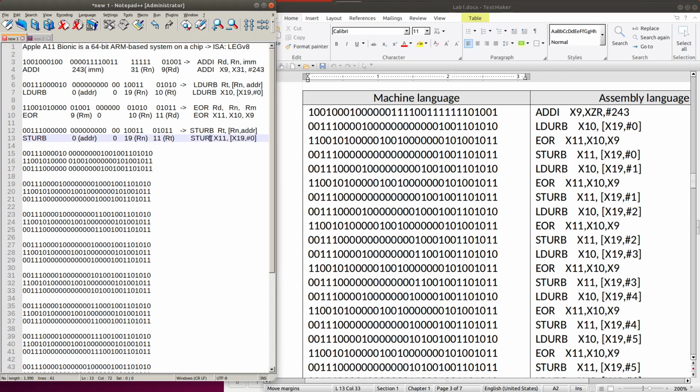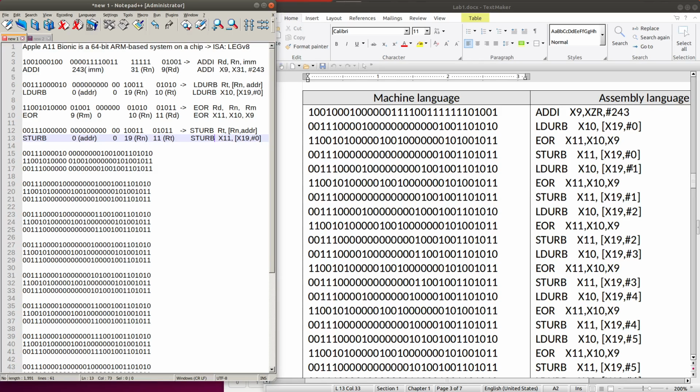The fourth one will be store back. Sorry, here I have a mistake. So here is store back from register X11 into memory with the base address at X19 and the offset of 0, and you can see you have a group of 3, and then another 3: load, exclusive OR, store, and so on.